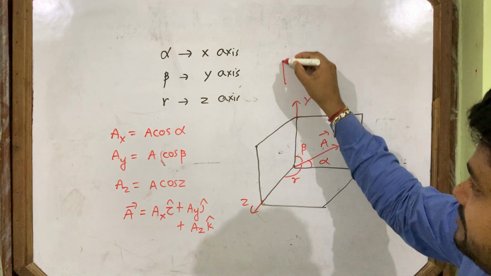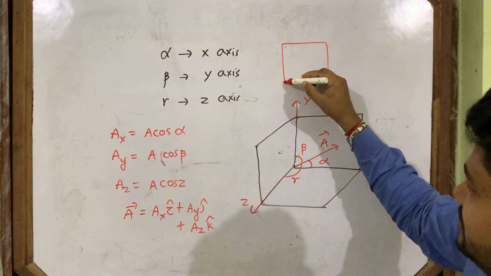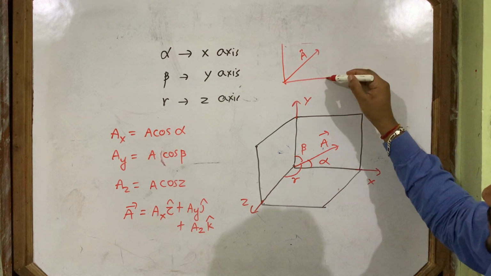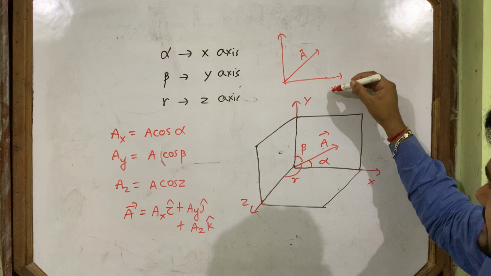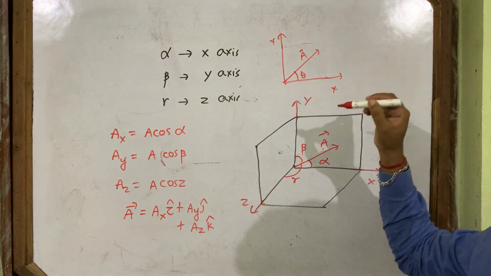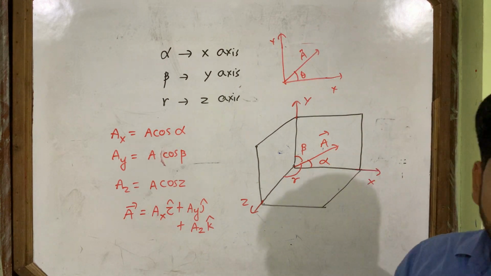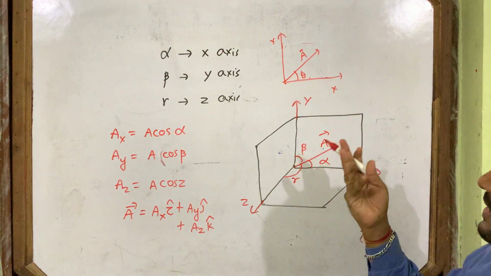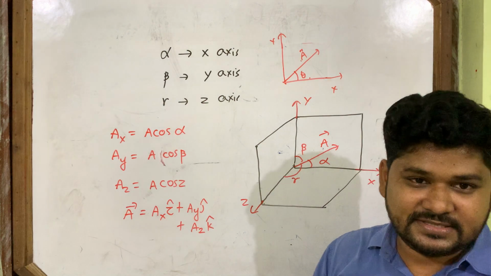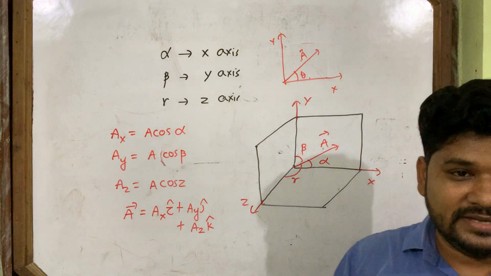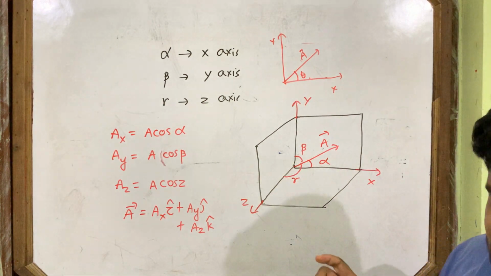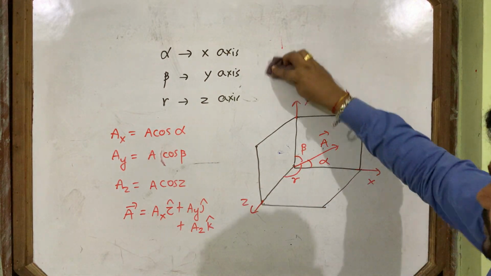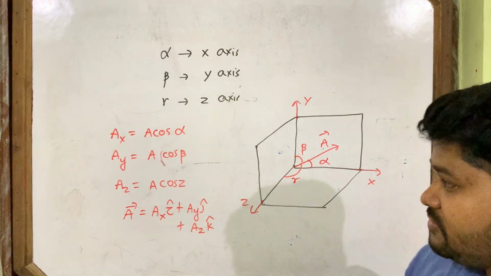In 2D it's very easy to find. In 2D, this is a vector. So this is x-axis, this is y-axis, this is theta. We can easily find the angle made by the vector with the x-axis in 2D. Tan theta is equal to y by x, or tan phi is equal to x by y. I have told you. But in 3 dimensions it is difficult to know. But I hope you could understand how we will find the angles made by the vector with the x-axis.